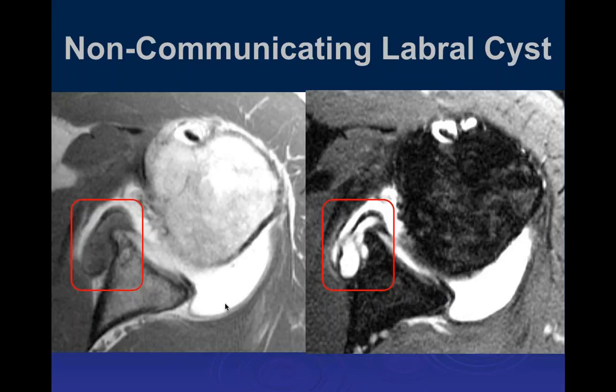But people have shown that putting contrast, either iodinated contrast or gadolinium, into the joint space will change the coefficient of friction for the articular cartilages for up to 4 to 6 weeks. And therefore, some people recommend not doing this in the middle of a season for an athlete, or telling the athlete not to get back into